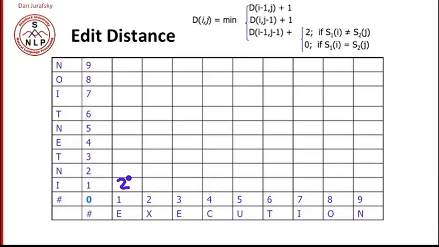Similarly, if we want to know the distance between in and e, it's the minimum of the distance of in to nothing plus 1, so 2 plus 1, or 3, or the distance between i and e plus the cost of adding in that n, or 3, or the cost of having just an i and substituting to e after adding in that n, which is 2, or 3. So again, we have 3 here. So we have a 2, and we have a 3. And if we continue along in this manner, again, in each case looking at the 3 previous cells and using this equation over here,